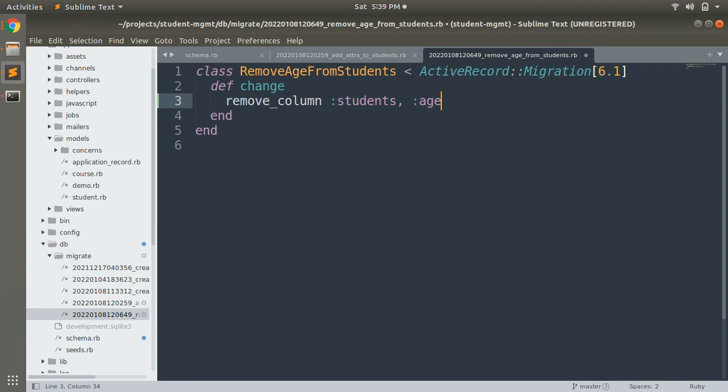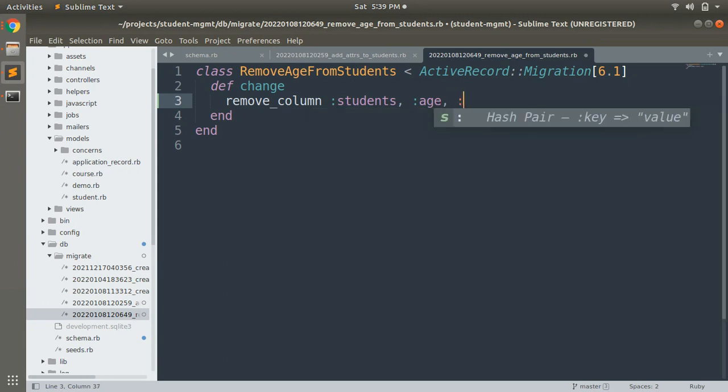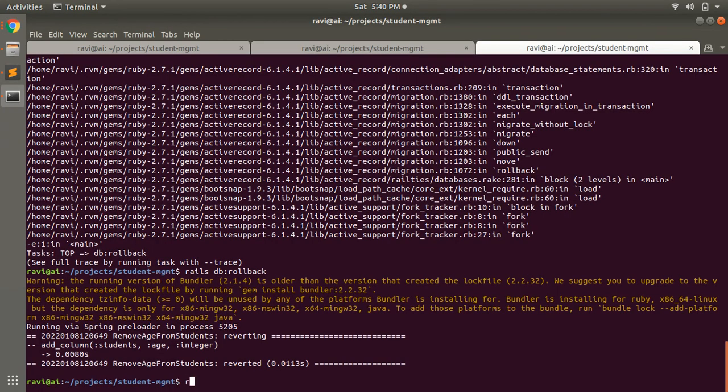Because when it migrates, it simply removes the attribute, but when you roll back, it will not know the type of the attribute, so it cannot add it back to your schema table. So always remember that for removing an attribute, you can skip the type, but if you want to make it reversible, you must provide the type in the migration. So here we will provide integer. Now let's run this migration again.